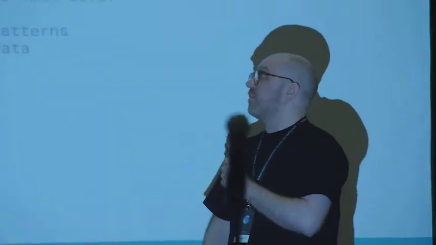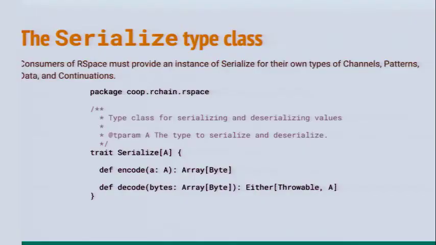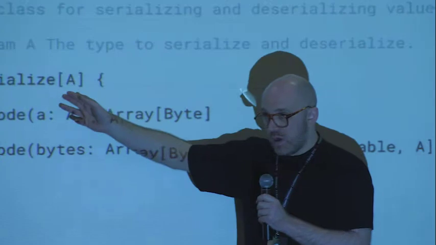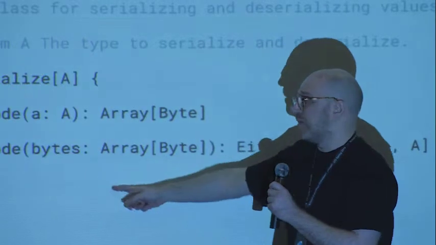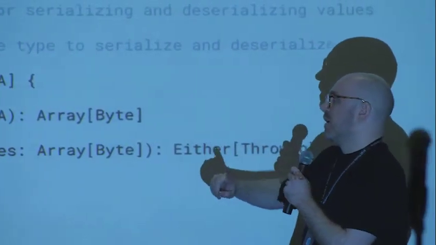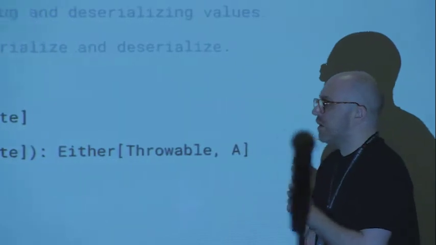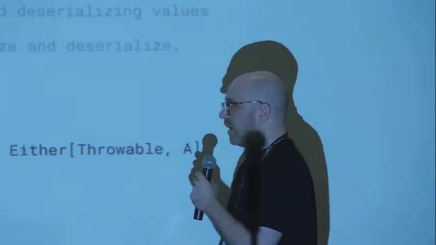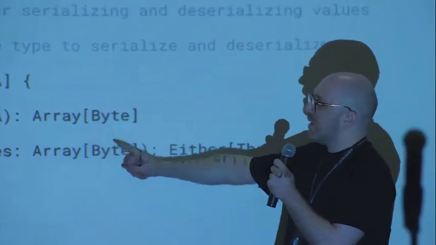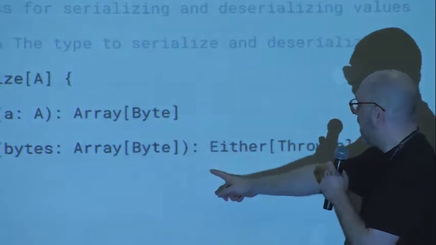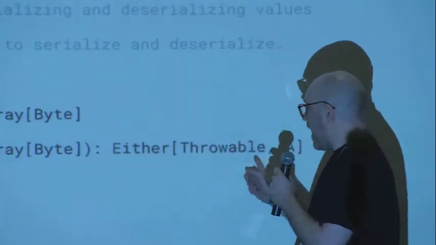The next type class is serialize. Pretty simple. You have a type A. Again, this is for continuations, patterns, data, and your channels. All of these have to implement this type class. I stole these signatures from the Haskell library serial. Essentially, you can take some A within code and convert it to a byte array. Here, you can take a byte array and you can deserialize it back to the A,